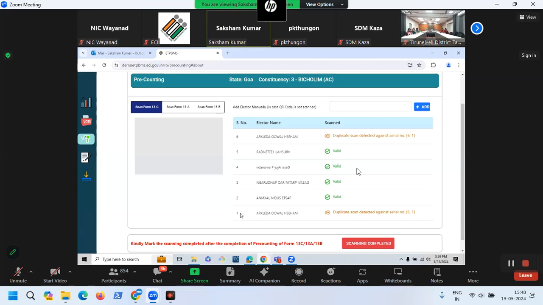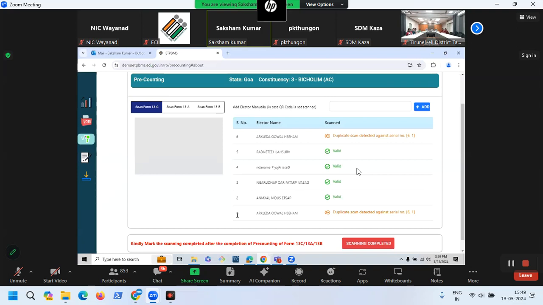So it is the first ballot, so it will be at the bottom of the tray, right? So why are we writing the serial number? So that you can easily identify. You know it is the first ballot, it will be at the bottom of the tray. Just take it out from that tray and tie it with this sixth ballot that is in your hand. Tie it together, mention the reason it is duplicate, and keep it in the invalid tray now.